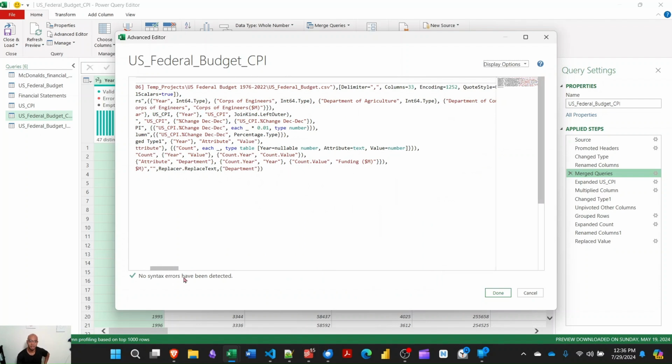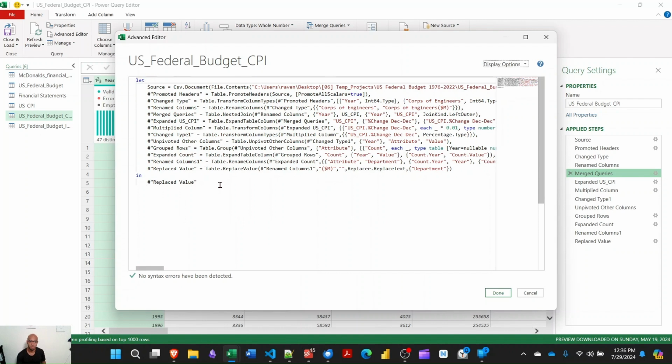So I'll try and demonstrate that real quick, but I don't have a duplicate of this, so I won't be changing the source file. Just going to select all that, copy it,